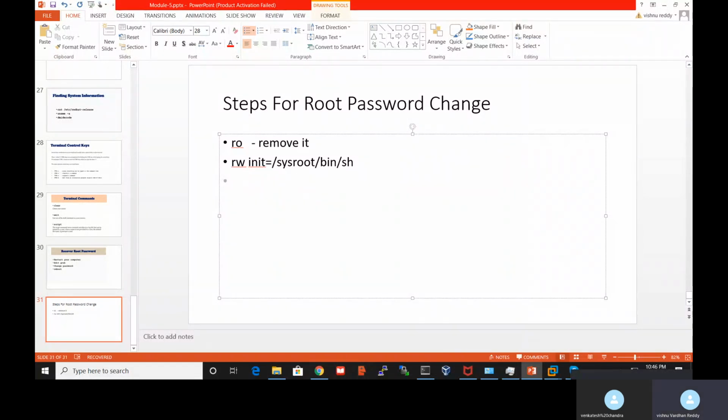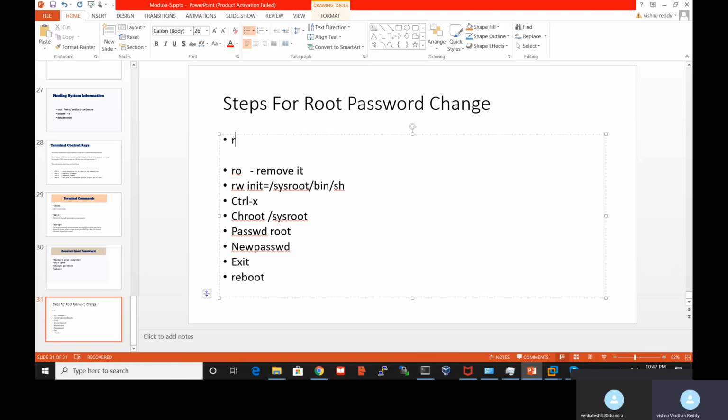Once it is added to that line, we need to press Control X, and then here we will enter single user mode. There we need to type chroot sysroot, and then passwd for the root. So we need to give the new password, and then exit and reboot. So these are the steps we need to follow.